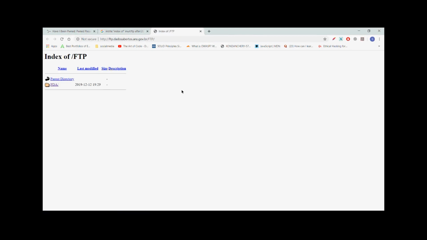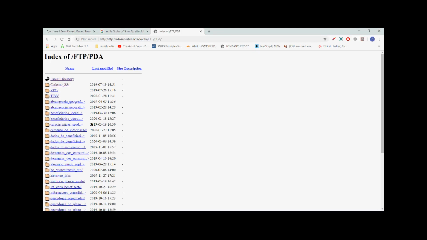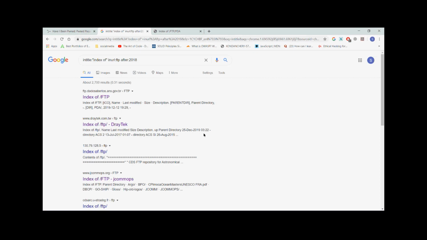If you go and see, you can easily access those FTP directories, and you can see all the latest data of 2020, even yesterday's and last week's data, visible here. So you can search using index of, and in the URL specify what type you are going to search, whether it is HTTP or FTP.